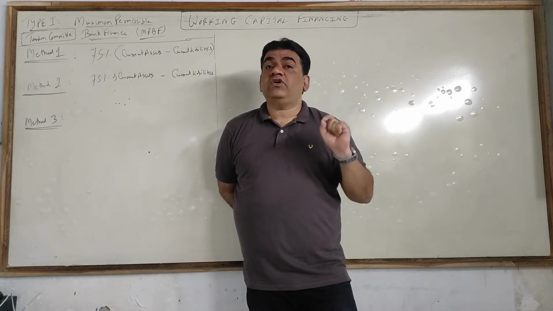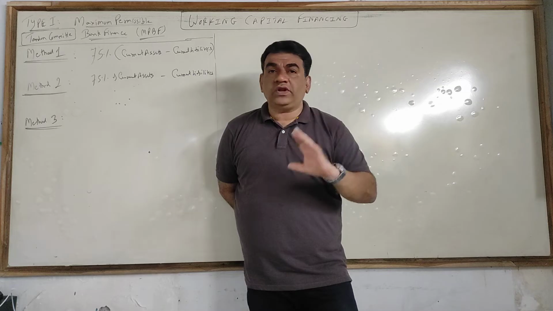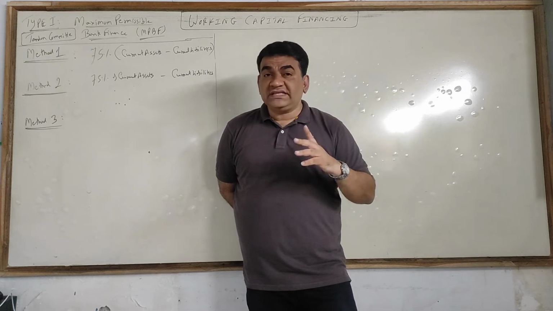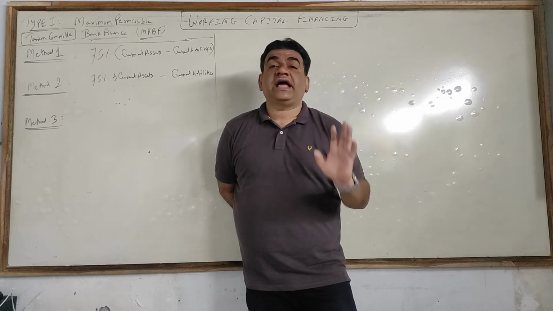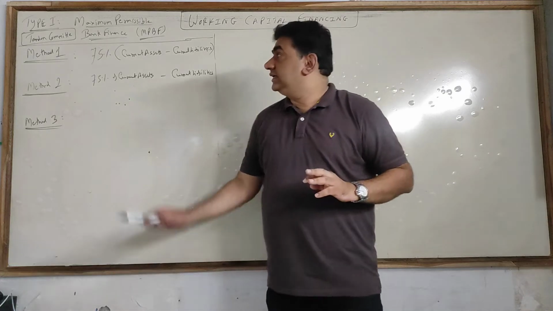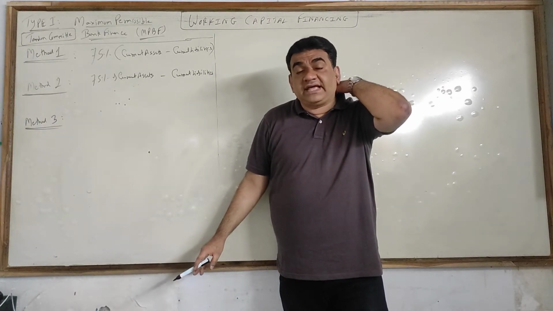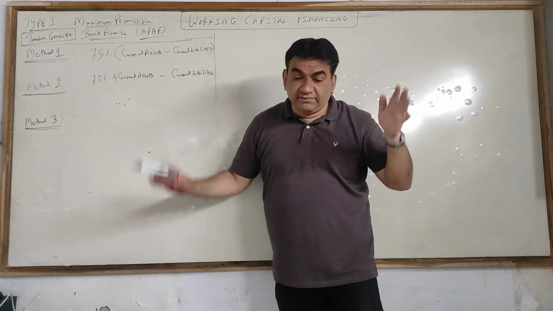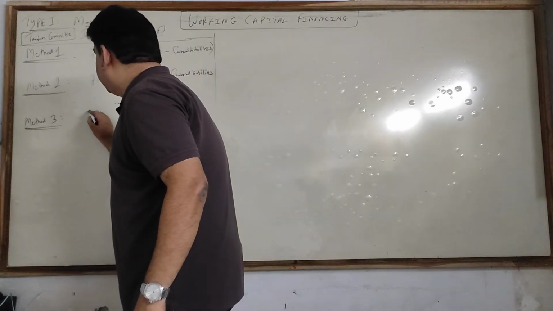You will have to take your current assets, total current assets, which includes both core and non-core. From that you have to deduct core current assets, and then you will have to compute the MPBF, that is the maximum permissible bank finance, as per method number 3. So the criteria is, you know what? You will take